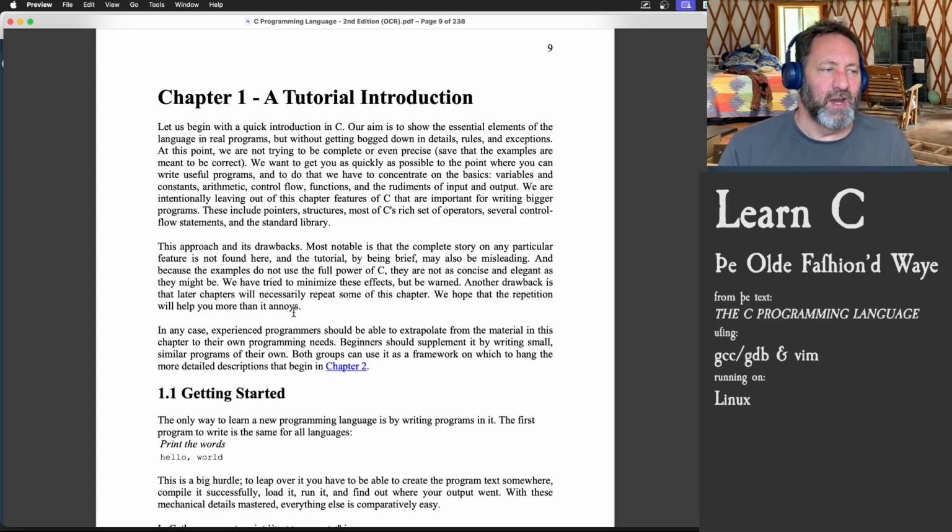This approach has its drawbacks, I think it should say. Most notable is that the complete story on any particular feature is not found here, and the tutorial, by being brief, may also be misleading. And because the examples do not use the full power of C, they are not as concise and elegant as they might be. We have tried to minimize these effects, but be warned. Another drawback,